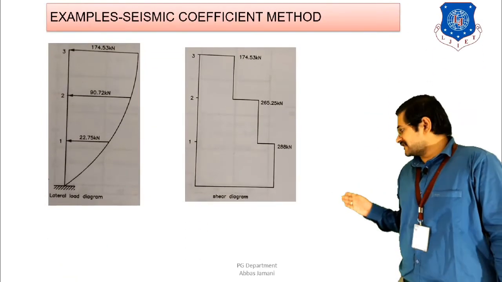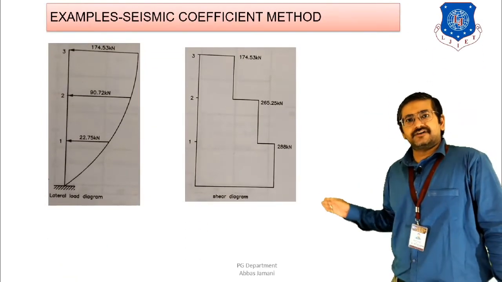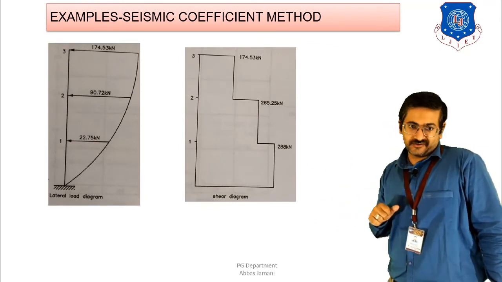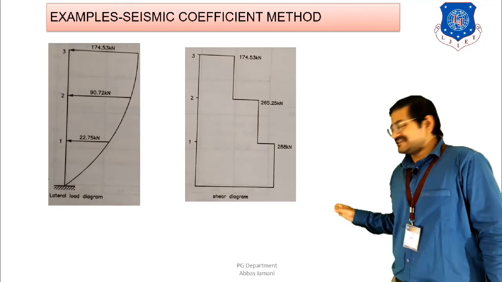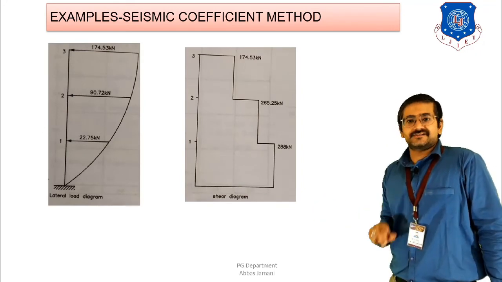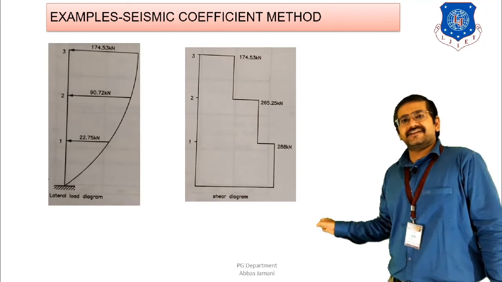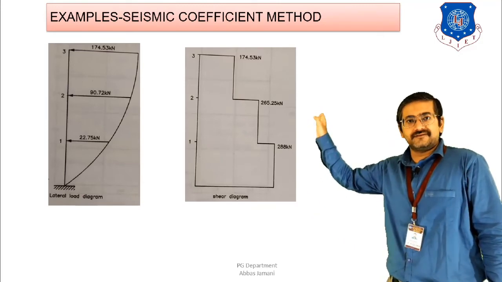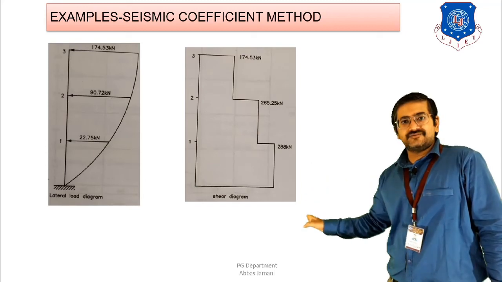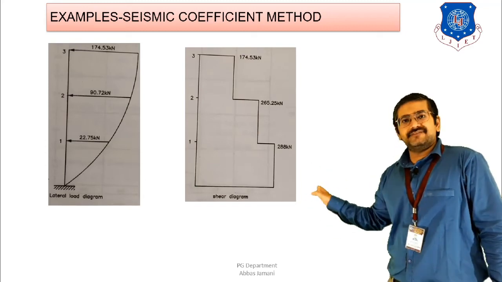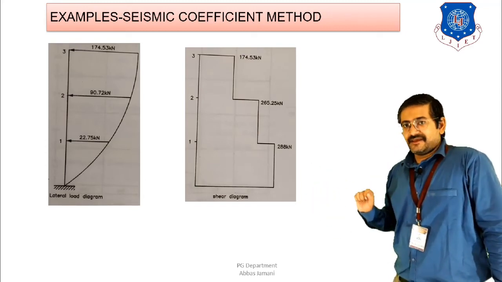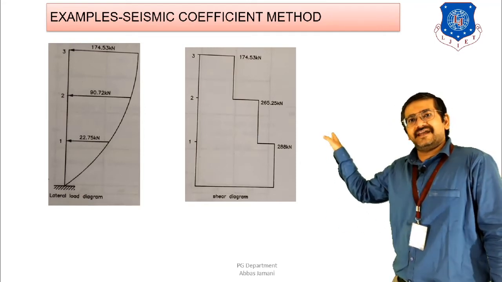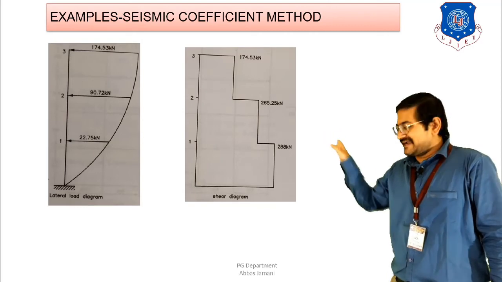Finally, we draw the figures for the lateral load distribution along the height of the building and also the vertical distribution of base shear along the height of the building. You can see that both are inverse to each other. In the lateral load diagram, the maximum lateral load is applied at the top floor level, and as you go downwards towards the ground level, the lateral load decreases. In the base shear diagram, the value of Vi at the top floor level is least and it is maximum at the ground level.